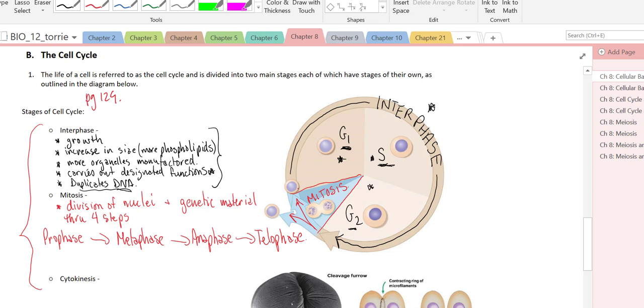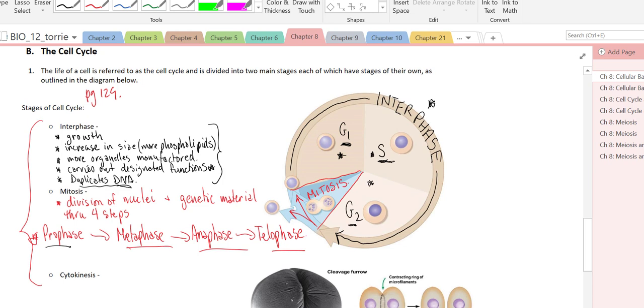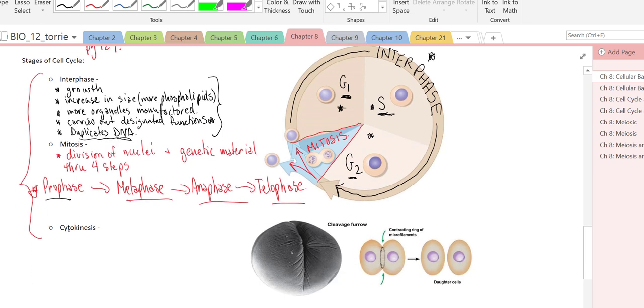And that's what I've indicated down here in red and in blue. This is the process of dividing the nuclei and the genetic material, which goes through 4 steps: prophase, metaphase, anaphase, and telophase. And you guys are going to take your own notes on this. I'll explain that in just a second. But at the end of that is cytokinesis, which is basically the division of the cell contents. All right, division of cell contents,